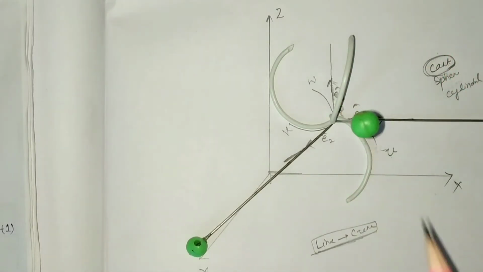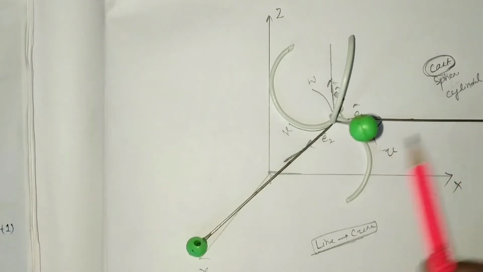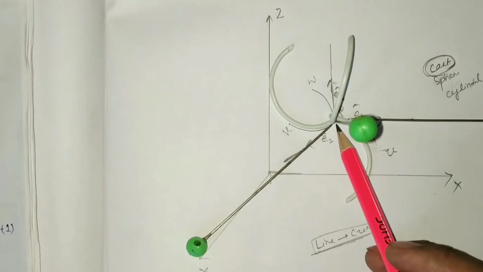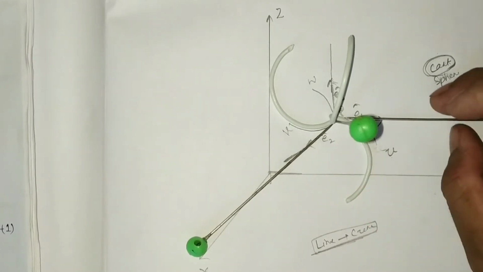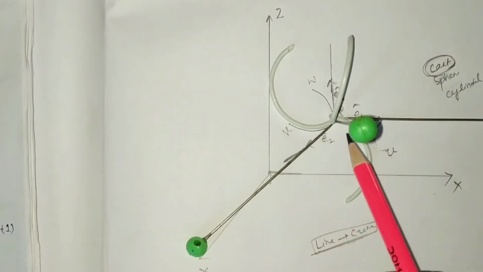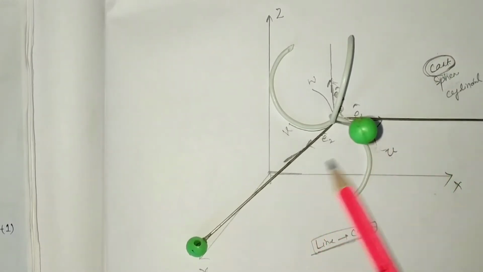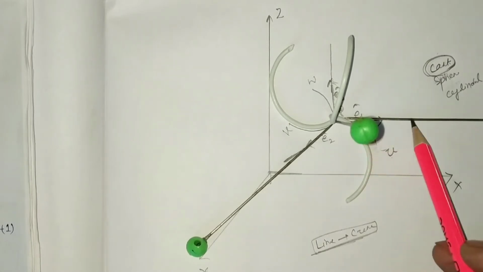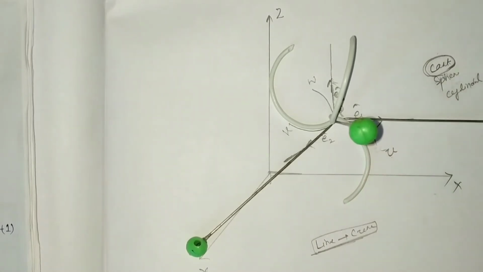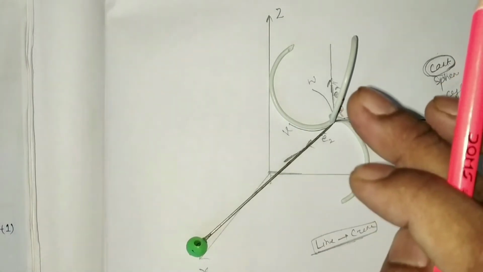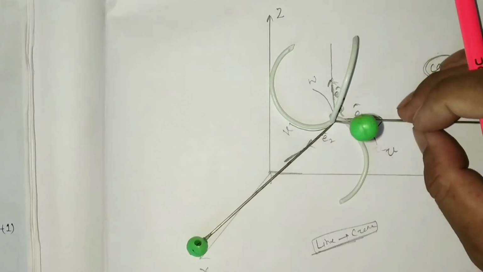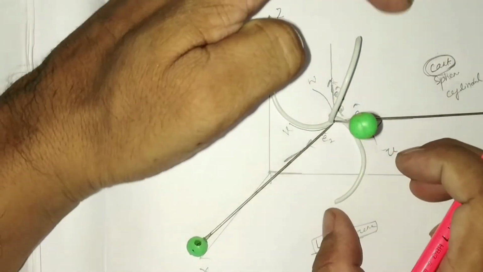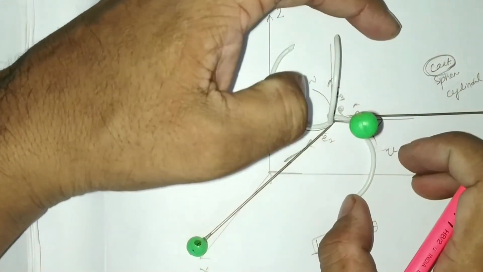So if it is so, here you can see that these three curves intersect at a particular point P, and the tangent to these curves itself. Okay, so if I am going to draw the tangent for this line itself, this line, tangent for this line itself, this line, tangent for this line itself, that line. Okay, so if I am going to draw the tangent to these curves, so that is nothing but